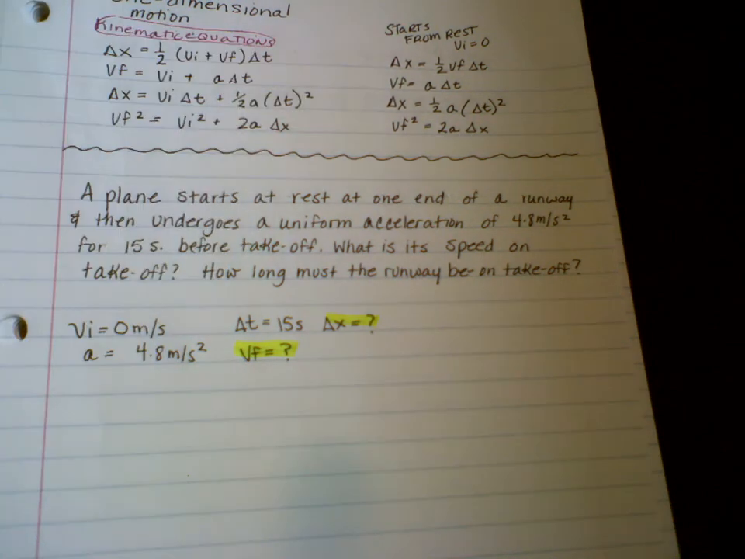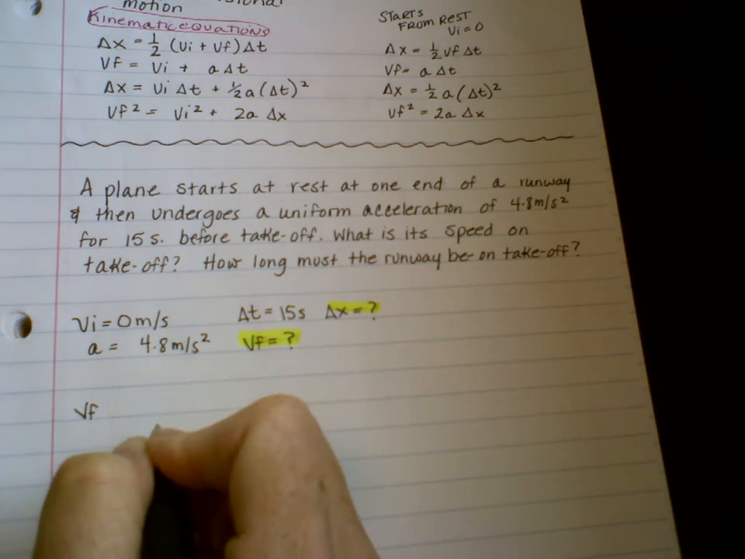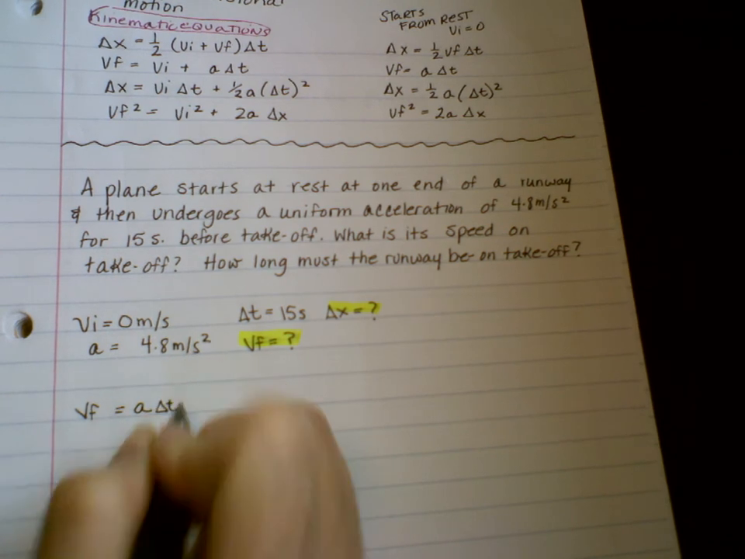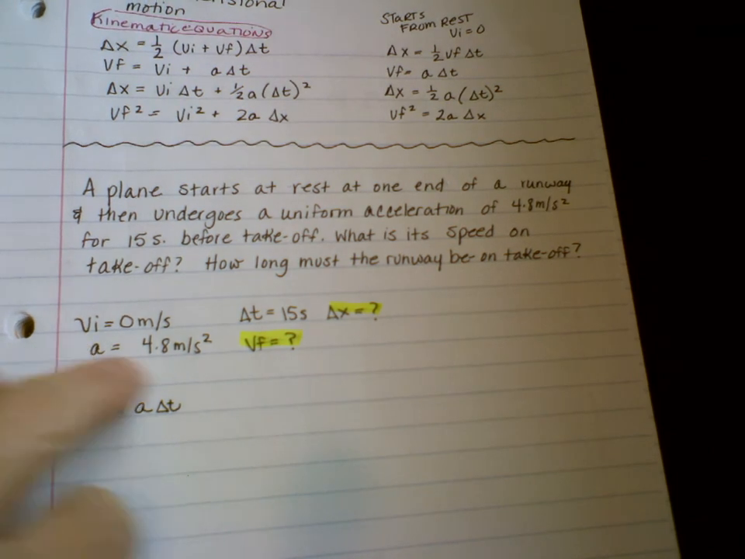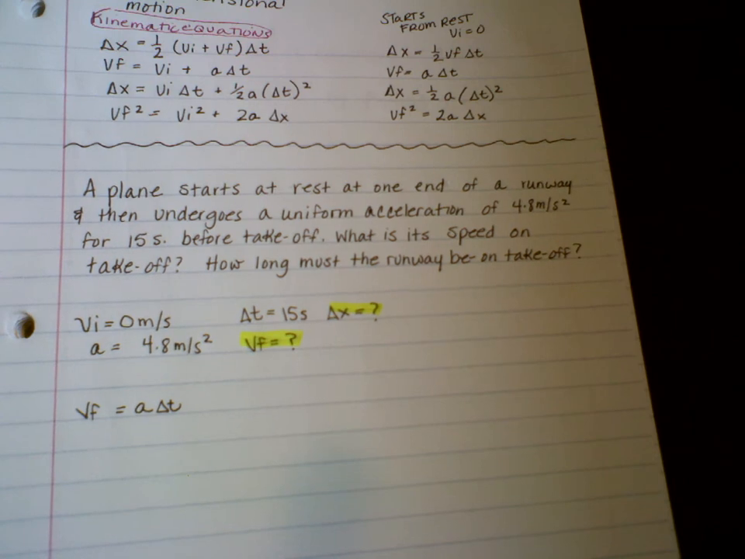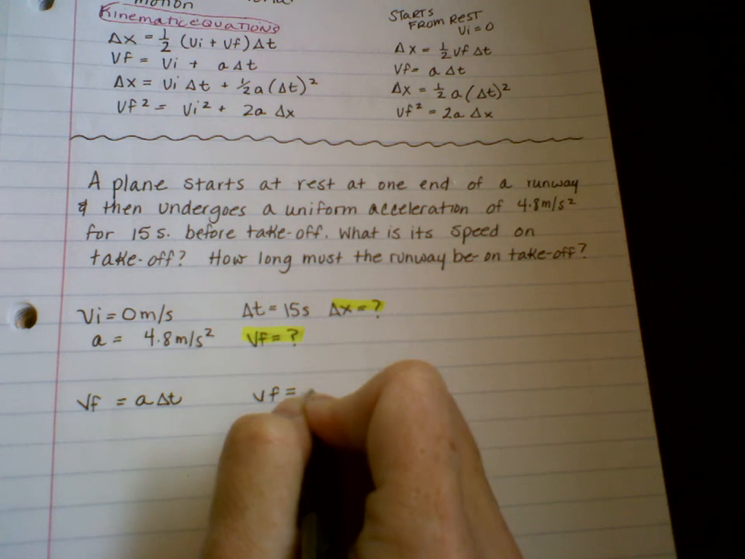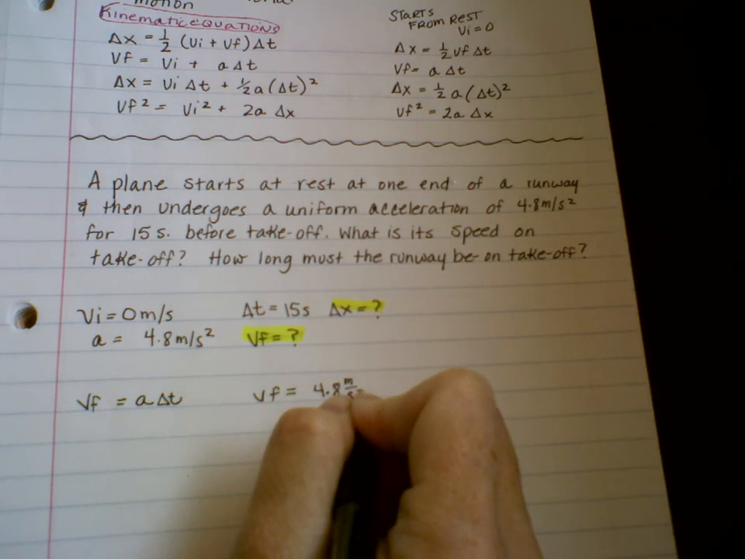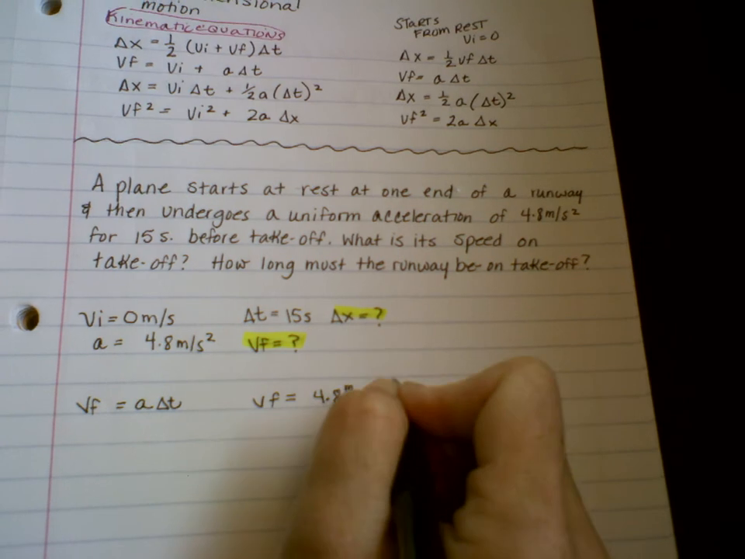So let me start off by solving for v sub f. So v sub f equals a delta t, right? Because we know these things. We know a and we know delta t. So that's an easy one to solve for. So let's continue with that. V sub f equals 4.8 meters per second squared times 15 seconds,